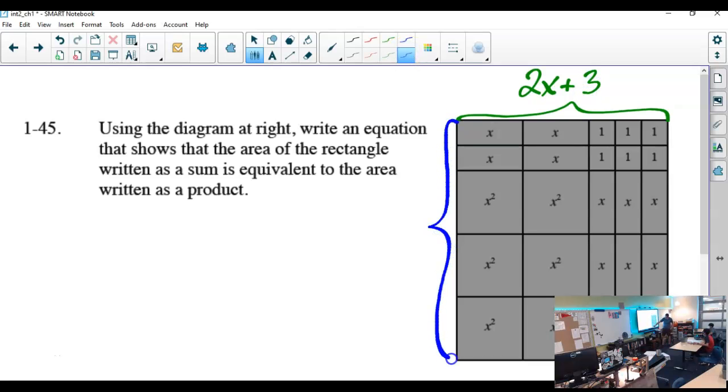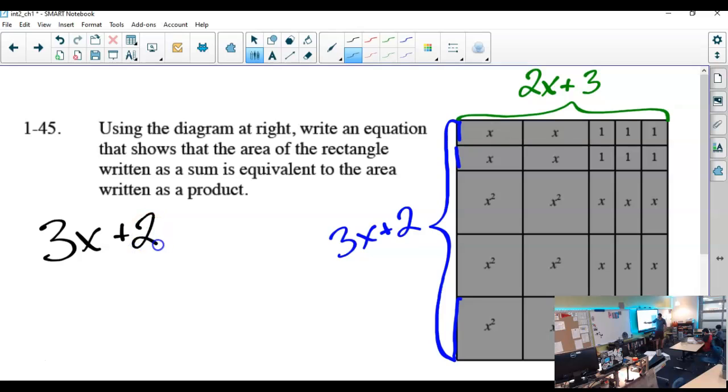I don't ever know how to say length or width. Careful, what is it? Remember, squared is only involved when we're discussing areas. This length is just x, right? So 3x plus just 2, if each of these are just 1. So how we would write this out is 3x plus 2